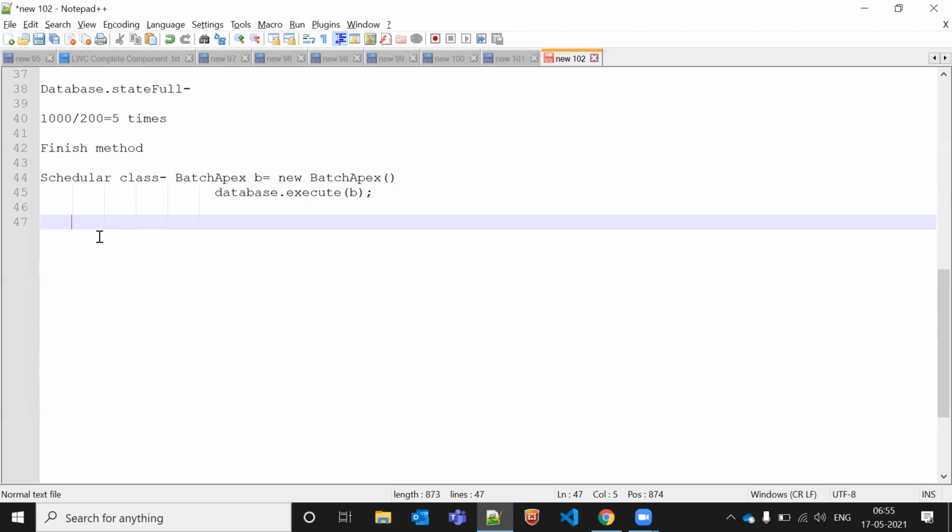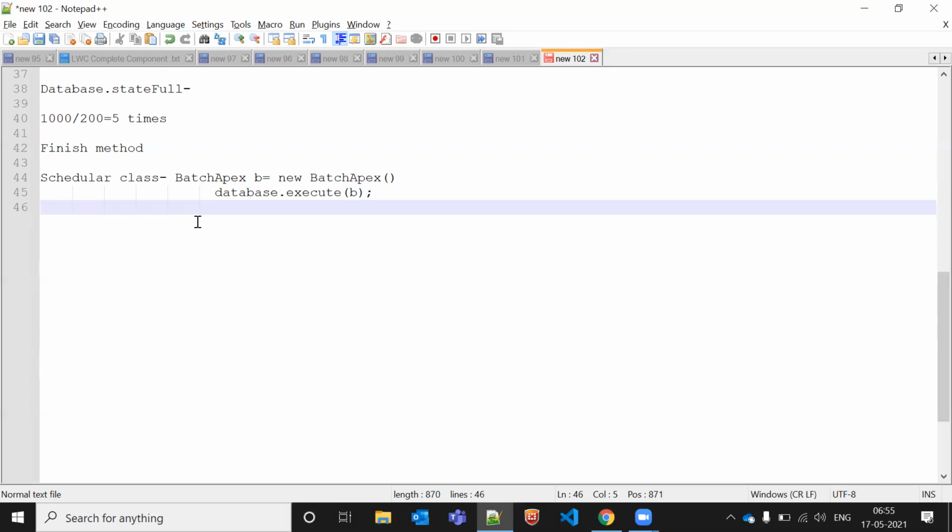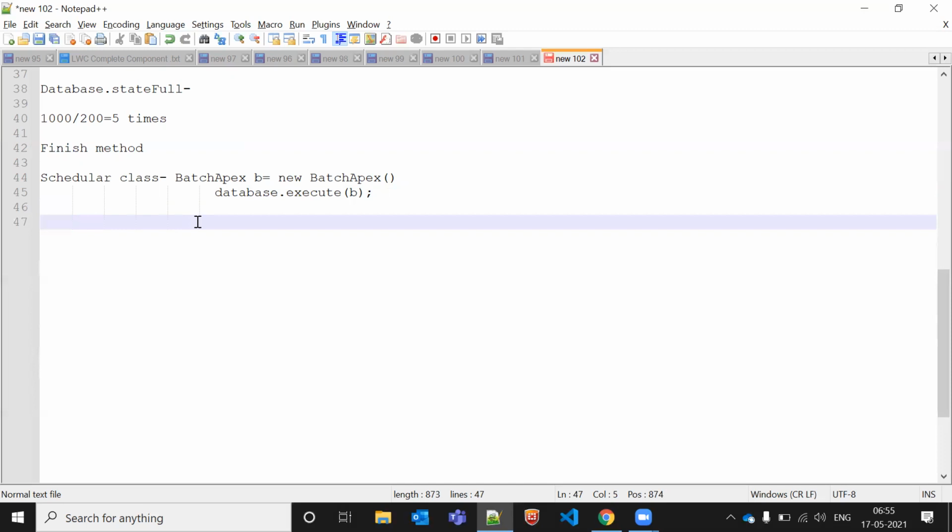Now, how do you do it? After scheduling it, if they want it to run every 5 minutes or 10 minutes, you need to run that job. No, that is cron. That is a different thing. If you want to run every 5 minutes or 10 minutes, that is a cron expression, a different expression in the scheduler class. So that cron expression you have to implement, and you have to deploy again.